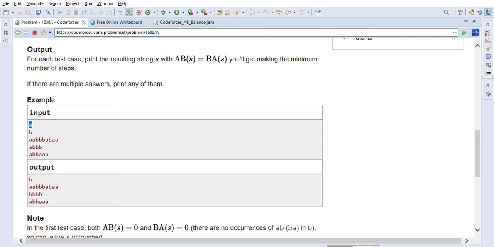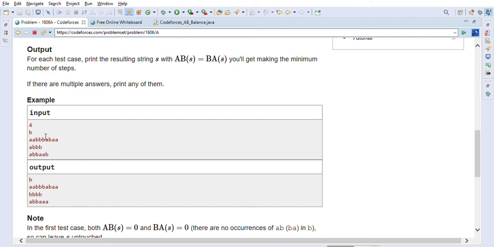As you can see, the output is, for each test case, print the resulting string s with AB_s equal to BA_s using the minimum number of steps. If there are multiple answers, print any of them. For example, if you look at this first string, the number of ABs, if you count, this is one AB, then this is a second AB, so two ABs are there.